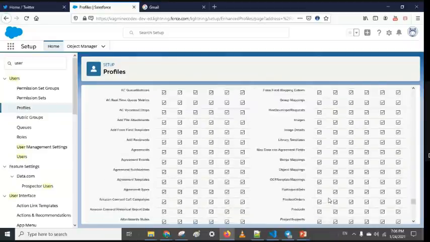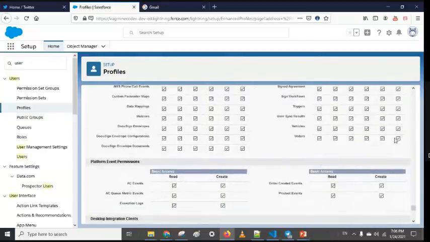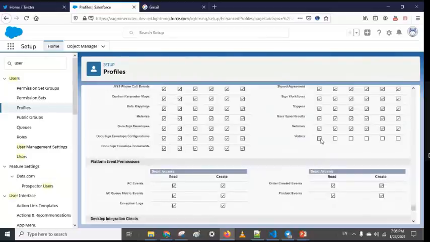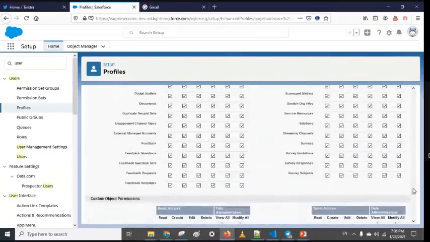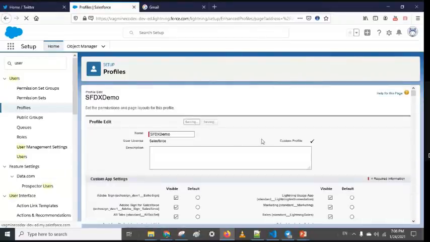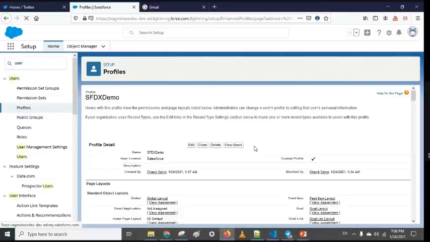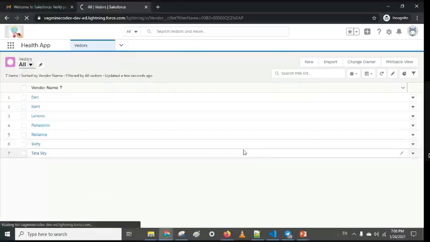So what we can do is enable only read. First is read. So let's give him only read access and save it. Let's see if it's changing or not.